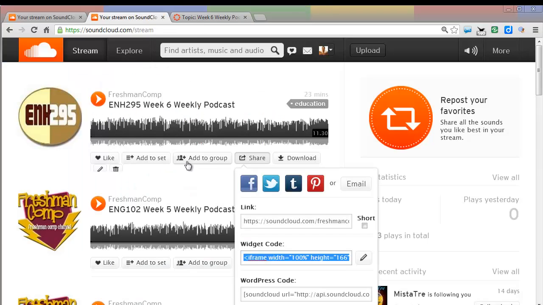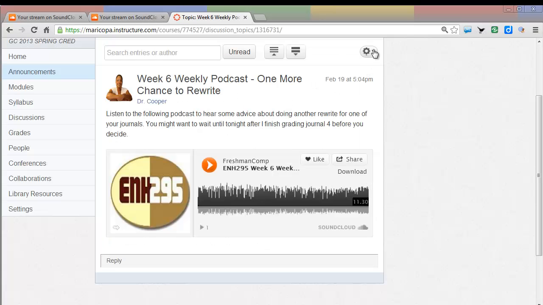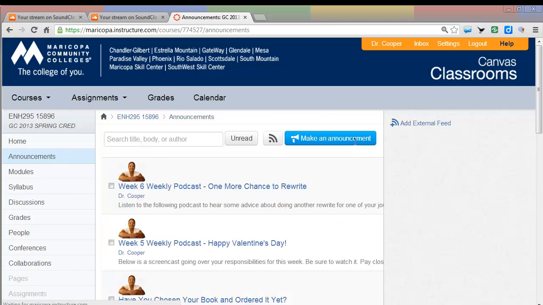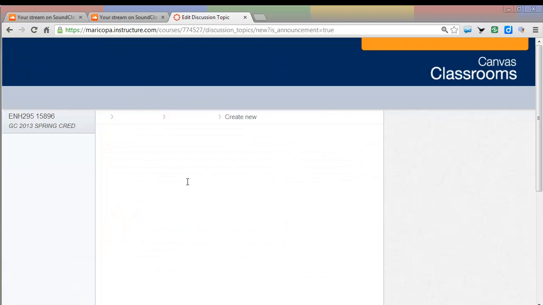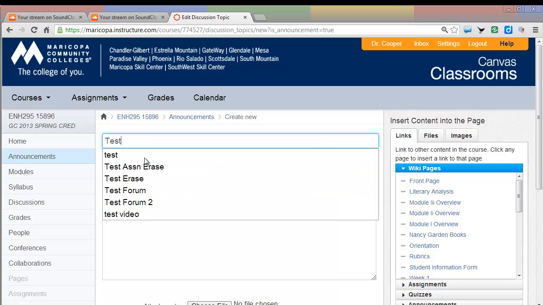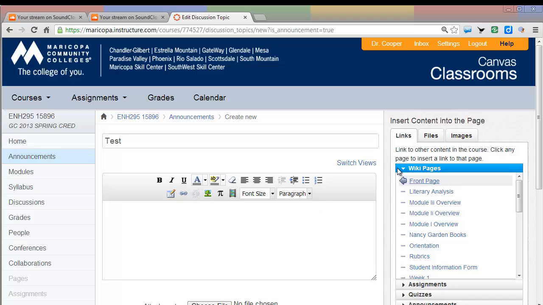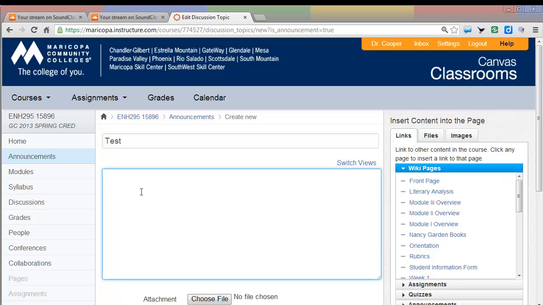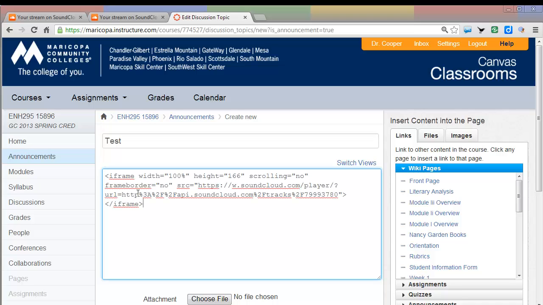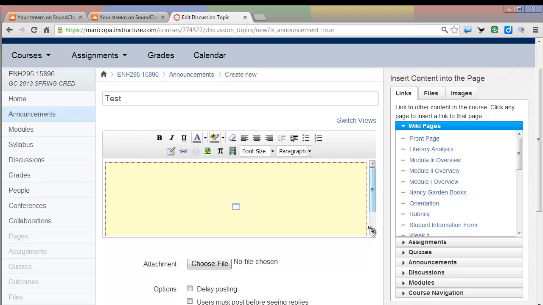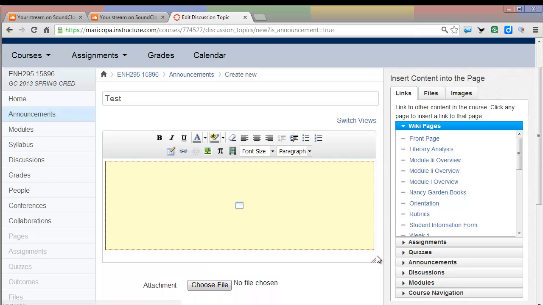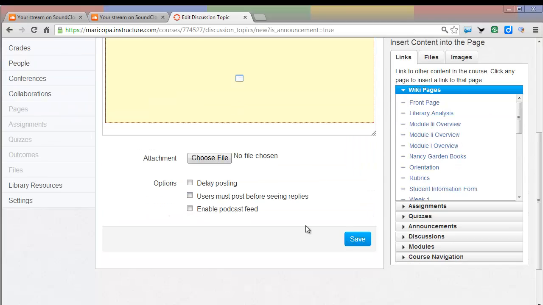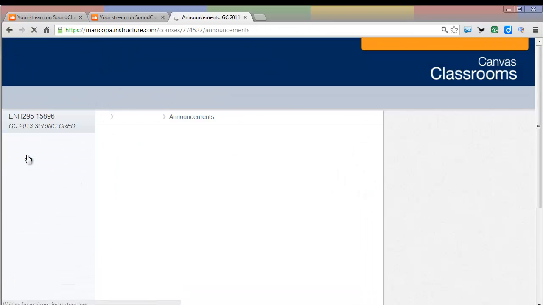Now how did I do that? So you saw me grab the share button and grab the code. So when I post my announcement, let's go in and create a new one. Make an announcement. Instead of typing in the box like I normally would, with this menu bar here, I switch views. And then I'm going to go into HTML mode, and I'm just going to paste Control-V, and that code is what I grabbed from SoundCloud. And when I switch views, what you see is just this little box. Okay, and that little box is my podcast. And as soon as I hit save, then it will look like the one I just showed you, this